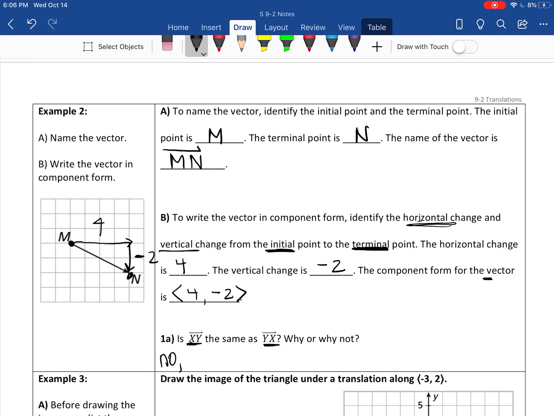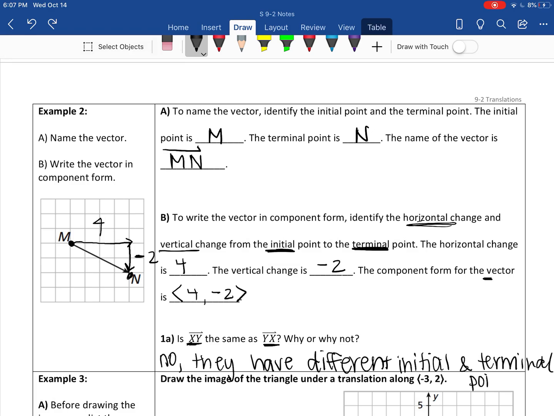So no, they have different initial and terminal points. Okay, because just like when you name an array, when you name a vector,